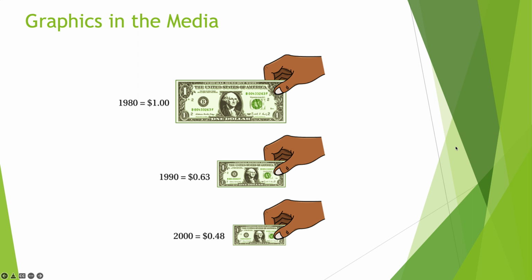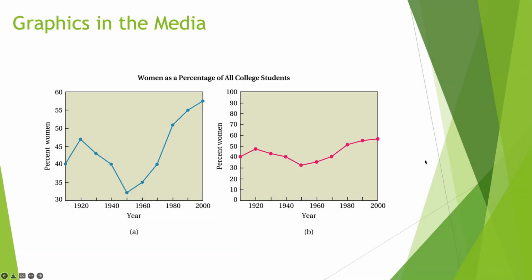Graphics in the media. As I take a look at this, this is trying to explain how much less a dollar's worth than it used to be. And what they do is they shrink the size of the dollar proportionally. So there are many 2-dimensional graphics that can distort our perspective, intentionally or unintentionally. What you notice is that they're changing the size of the dollar to really emphasize its shrinking value. Sometimes they're accurate and sometimes they're not. You need to be aware of that. Okay,